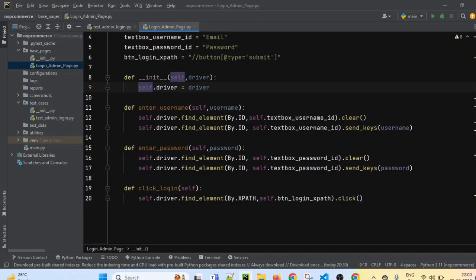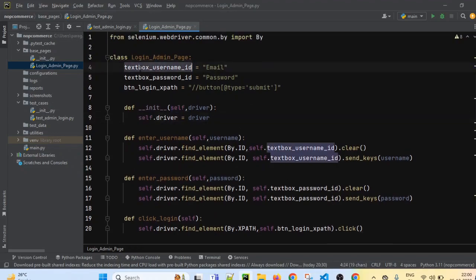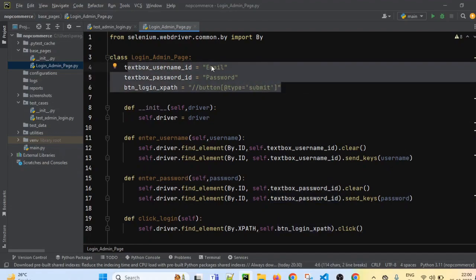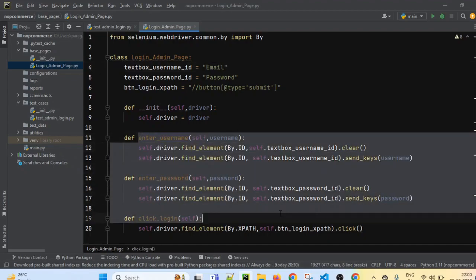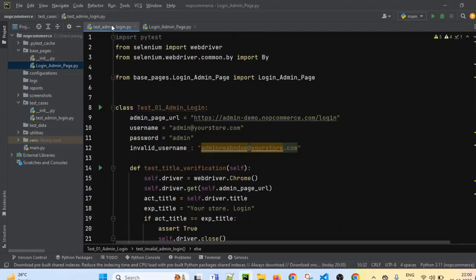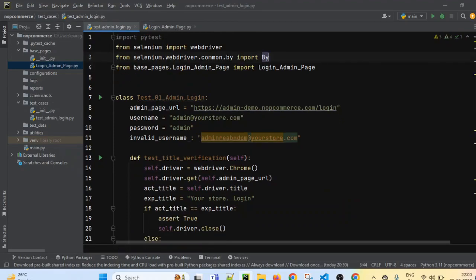If you see, in these action methods we don't have any hard-coded value. We are just interacting with the element. So locators are stored in only one location. If you change it here, it will be changed everywhere. So only a change at one place is required if the locator changes. And then we are accessing these methods in our test cases. We have to create the object of this login admin page, and we have created the test cases here. In the test cases, we have added 3 test cases. First, we have created the test class.